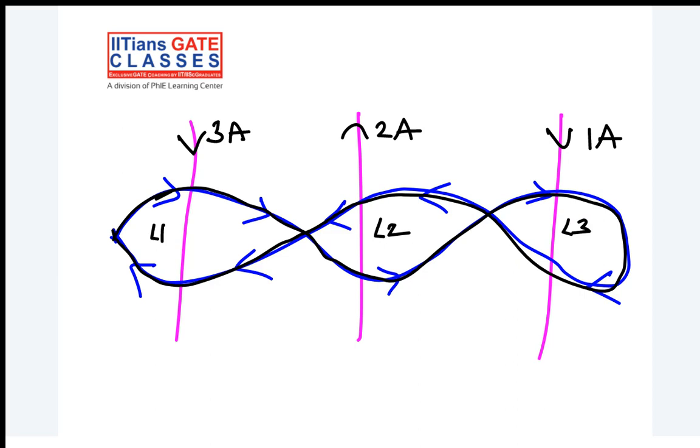Okay, so let me explain to you. Consider this is your loop 1, up to here, only this portion. So when you see loop 1, are the direction of the flux and the current matching or different? If it is matching, you can take +3. If it is mismatching, you take -3, right? So loop 1 is going in a clockwise direction, right? So when you are taking loop 1,